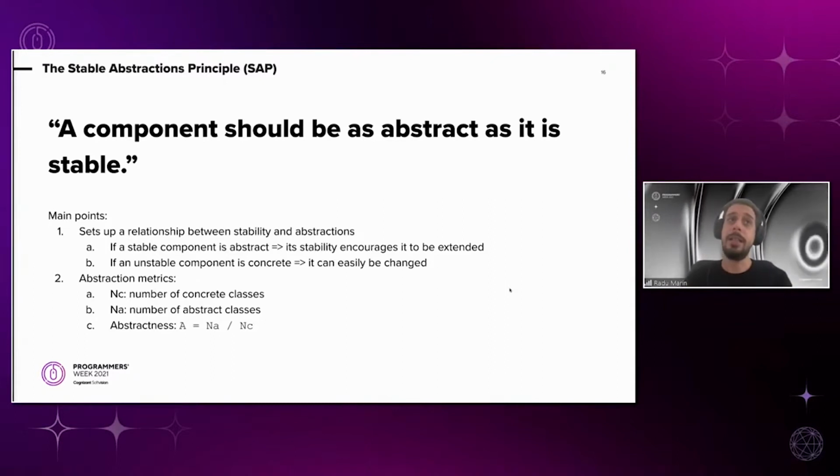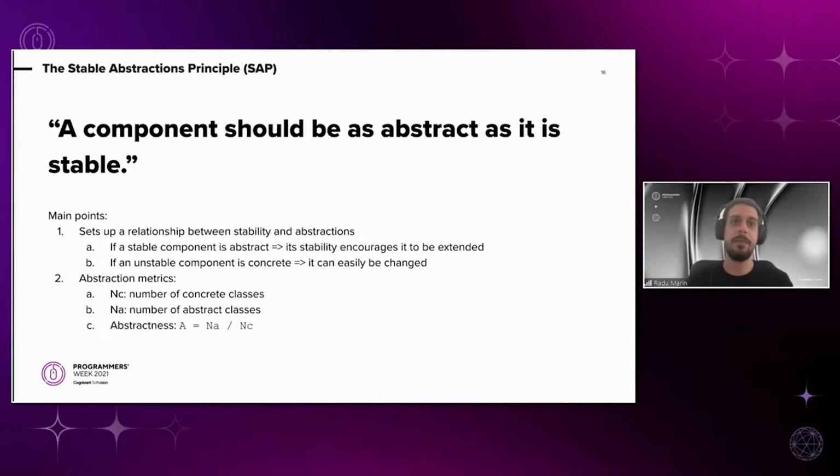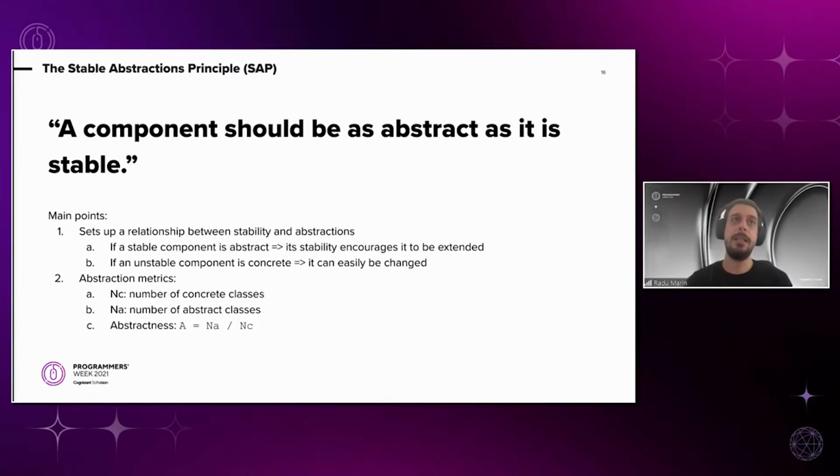And last but not least, we have the stable abstractions principle. If you remember, if you haven't dozed off yet, at the beginning of this presentation, I said we want to drive towards stable abstractions. And this principle says that the component should be as abstract as it is stable. And this is interesting, but we're going to have to see it to believe it. And first of all, we need to set up a relationship between stability and abstractions, right? If we do have a stable component and it is abstract, then